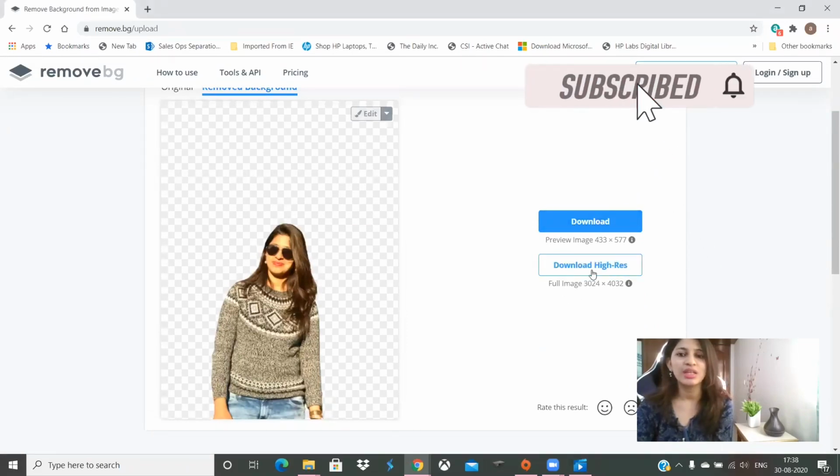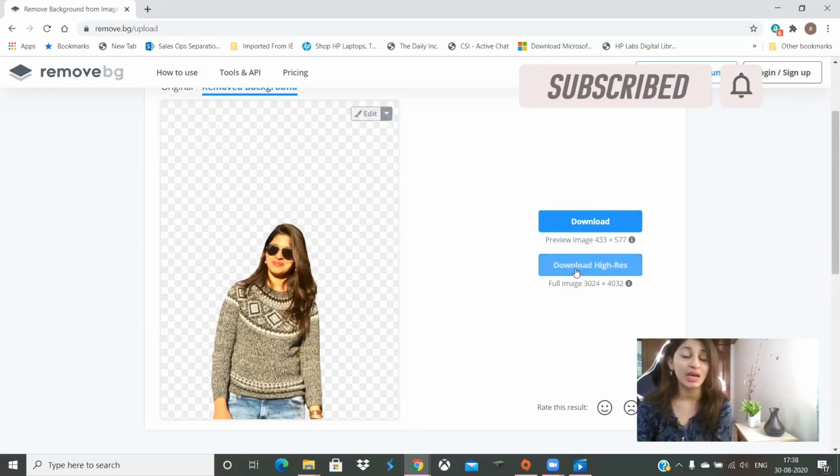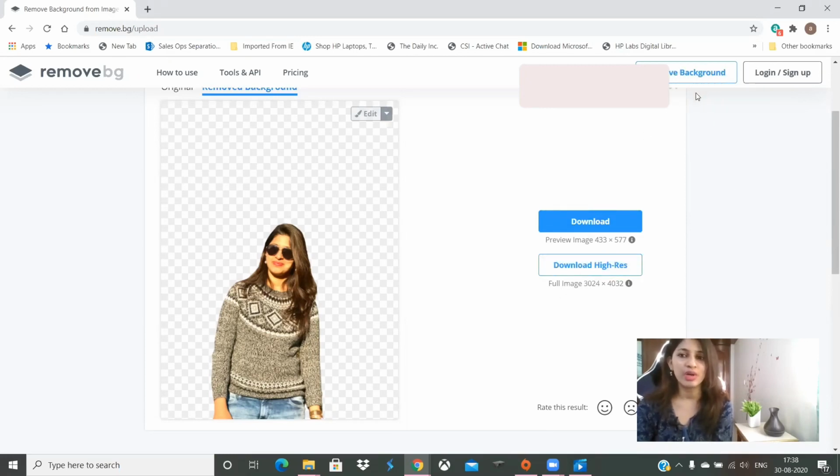If you see here, you get two options. One is to download in high resolution. Once you sign up, you get one free credit over here, or you can download as many downloads as you want in the resolution of 433 by 577, right? In case you want only 3 to 5, then you can use 3 email IDs, and you can just do it for free through 3 different email IDs, because it gives you one each for the high resolution.